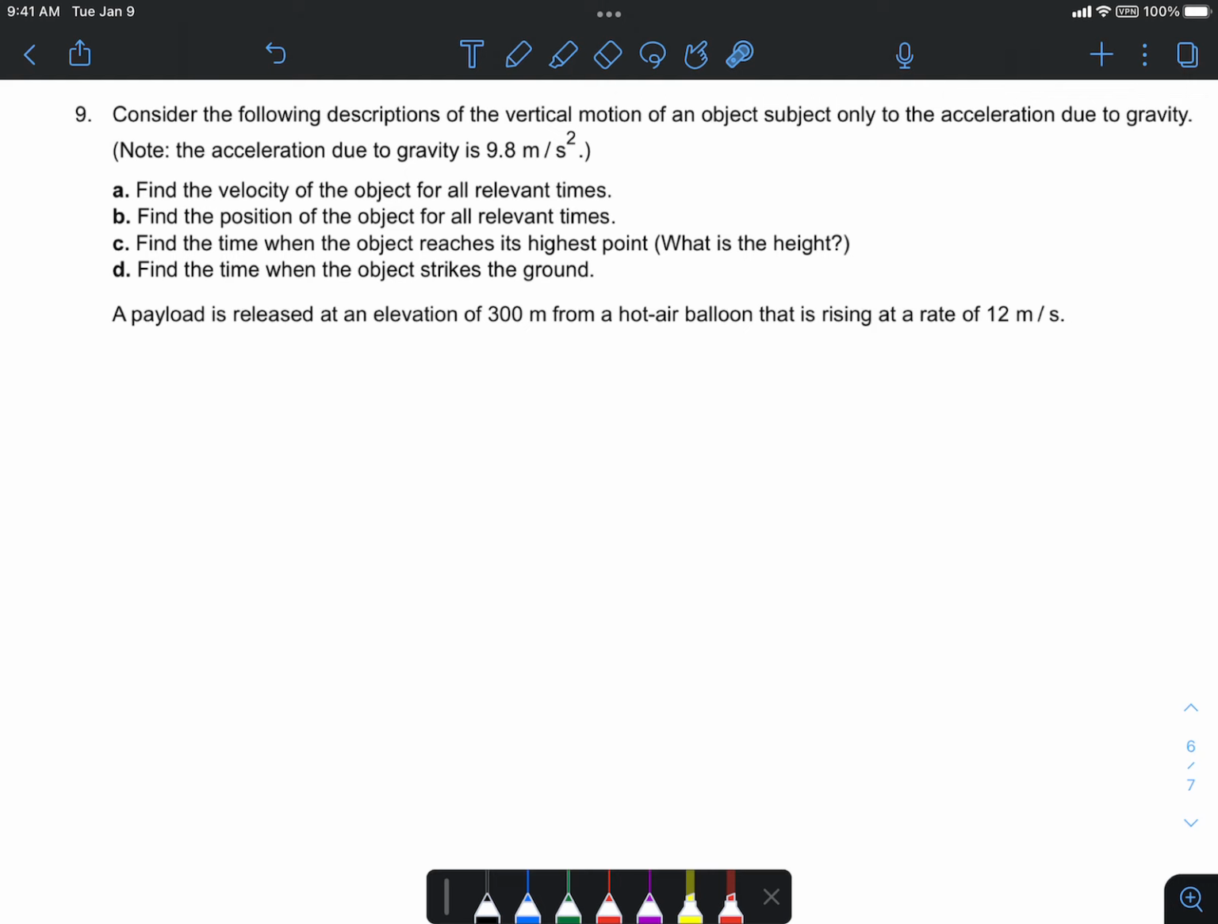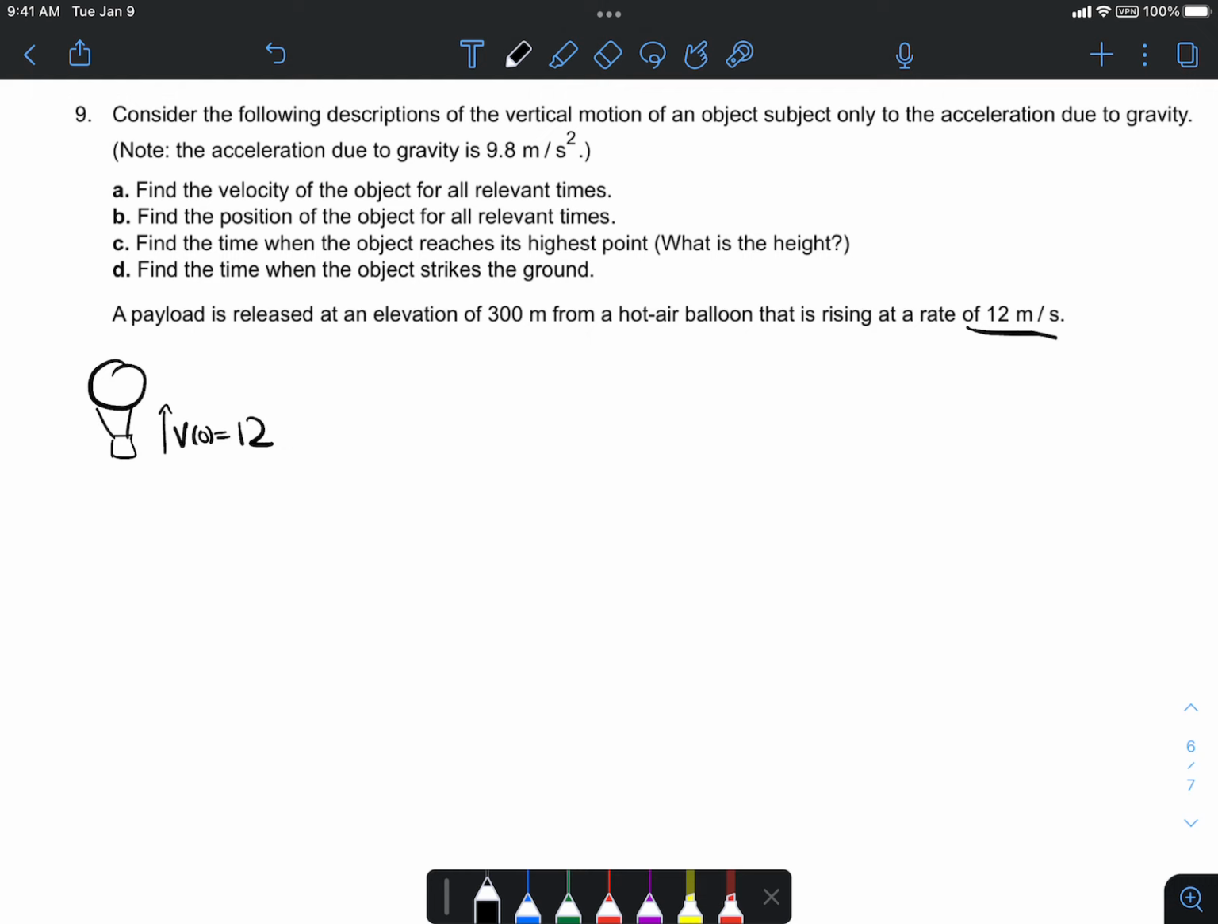So in this question, we're told that a payload is released at an elevation of 300 meters from a hot air balloon, and the balloon is rising at a rate of 12 meters per second initially. So what's going on there? You have the balloon. I don't know how to draw a balloon. It's rising. So the initial velocity of the balloon is 12 because